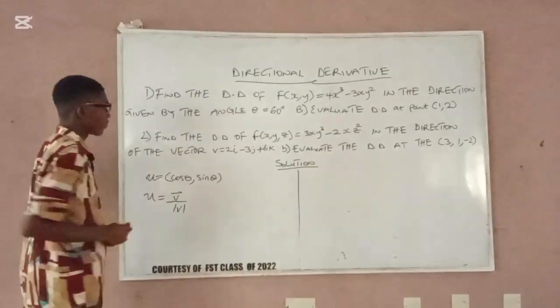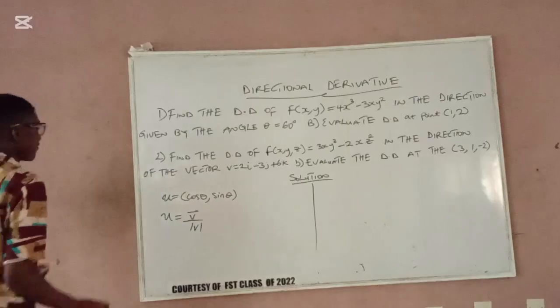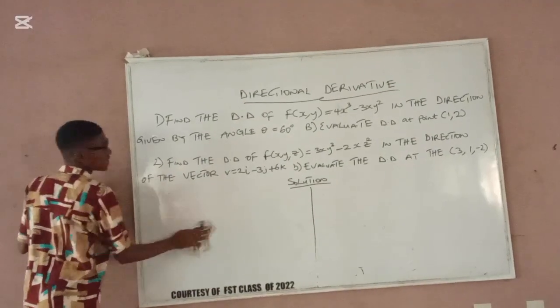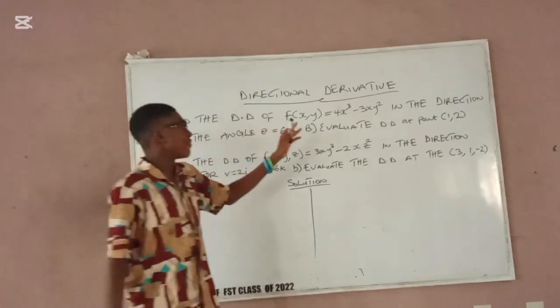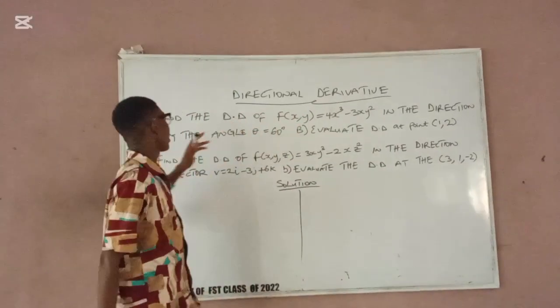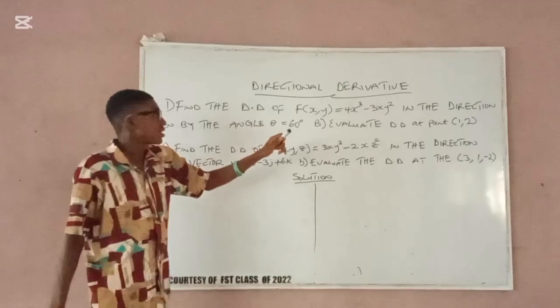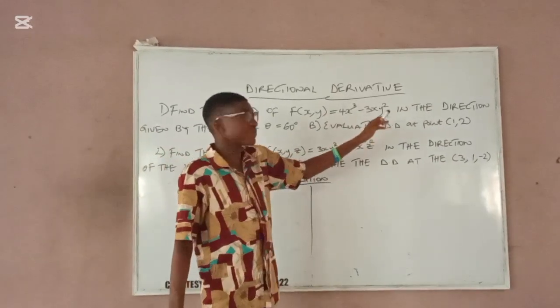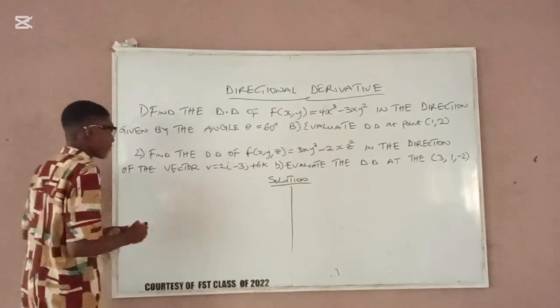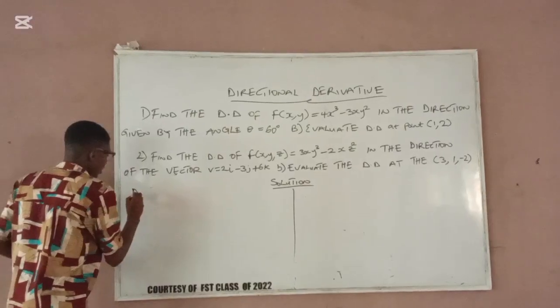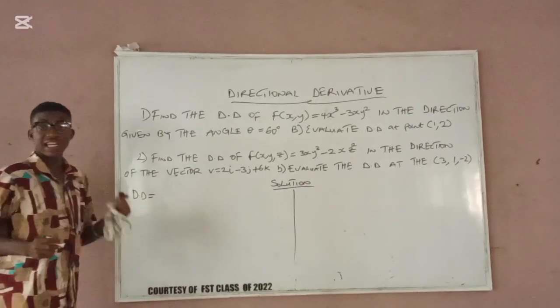So now let's solve this problem. Find the DD, which stands for directional derivative, of f of x, y equals 4x cubed minus 3xy squared in the direction given by the angle theta equals 60 degrees, and evaluate the directional derivative at the point (1, 2). So first, the directional derivative DD. The formula for the directional derivative is